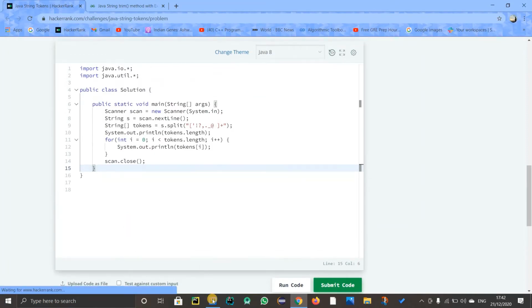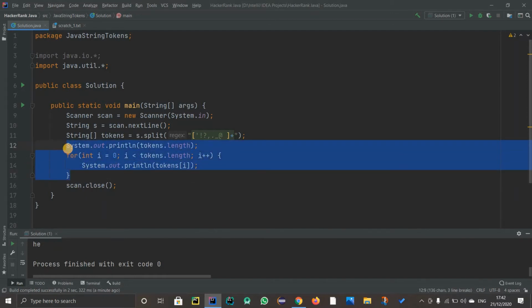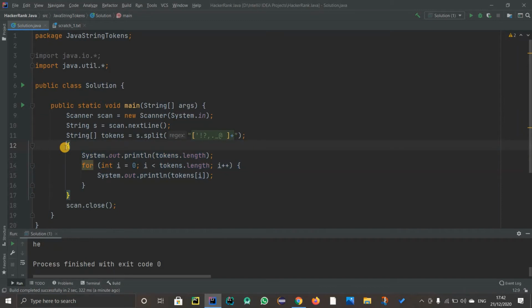So one of the test cases can be, okay, see, whenever we are printing the length of this list, we have to basically check if the length of this string is greater than 0 or not. So for that I'll have to use if conditions. So I'll say this will be in the else part. So I'll do one thing. After this statement I'll use an if statement.